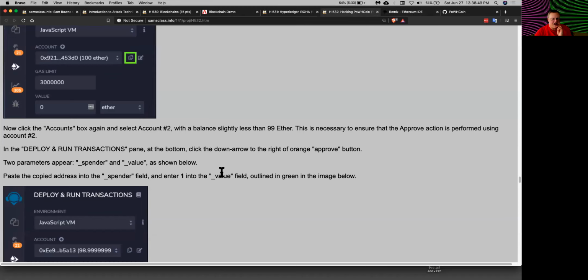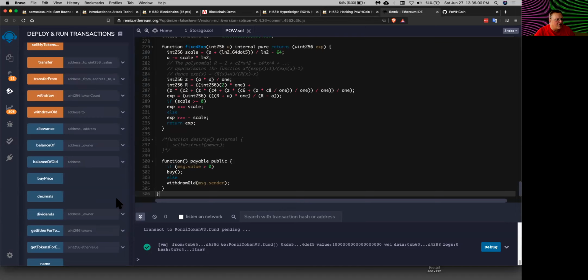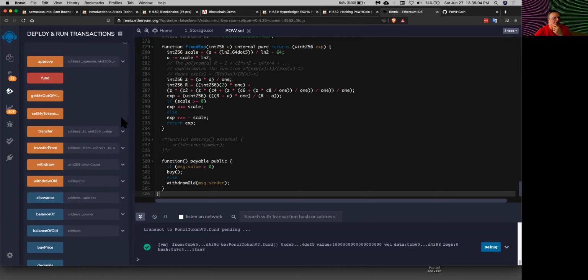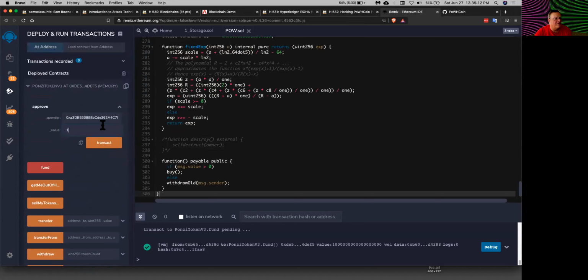Okay, now I go to the approve button and I put the copied address in spender. So I go down here to approve, and I put the copied address in spender, and I put in a value of 1 for 1 ether.